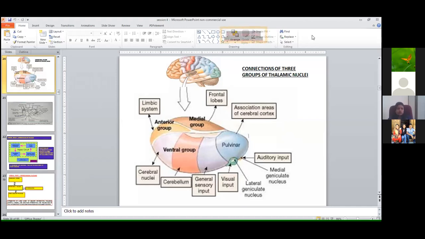Is there any functional value of the medial wall of the lateral ventricle? The medial wall is formed by the caudate nucleus, and it is a basal ganglia. Of course, it has motor activity. It coordinates the motor function.